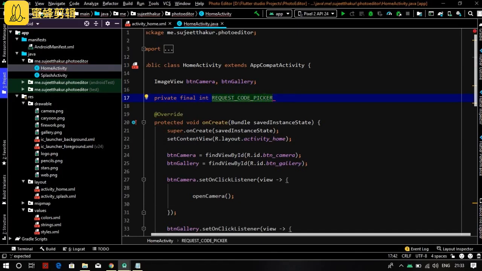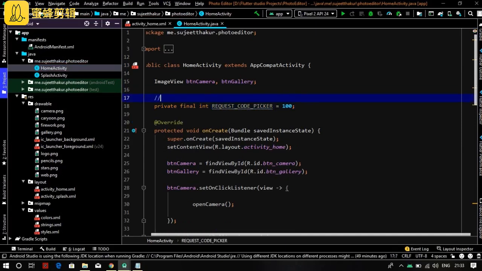It is of integer type, and for the value I will write here 100. You can add anything, it's all new. It's a request code for gallery image picker.